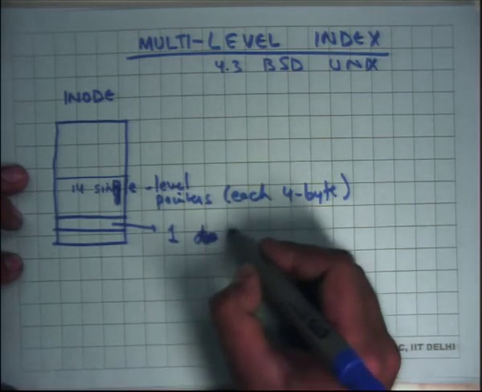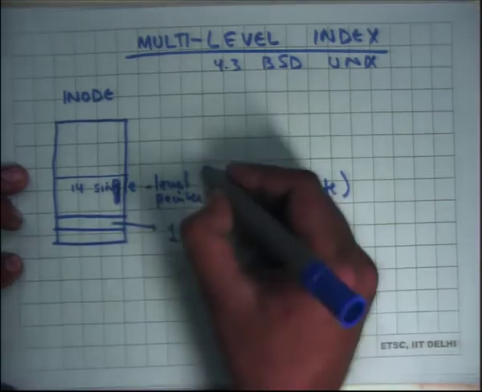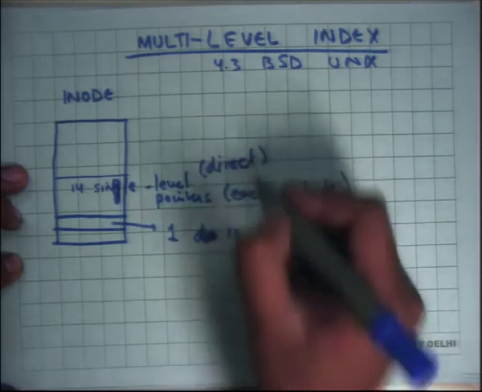The other way to call it, instead of calling it double level, I'll call it one indirect. So these are direct pointers, and one indirect pointer